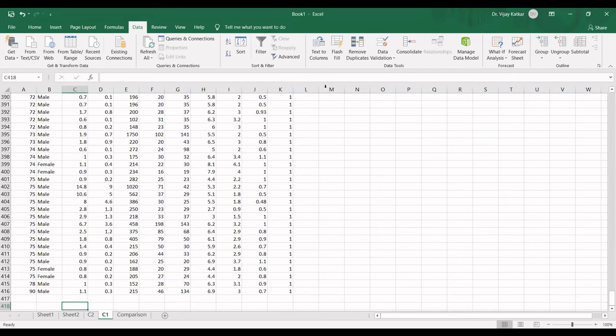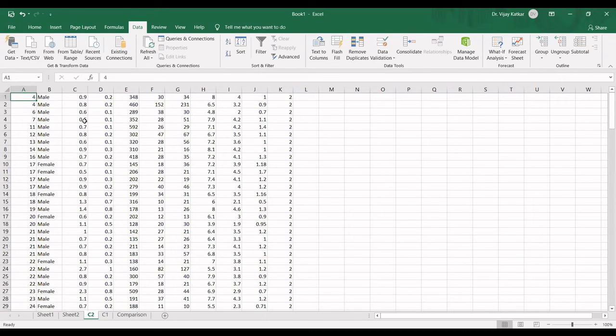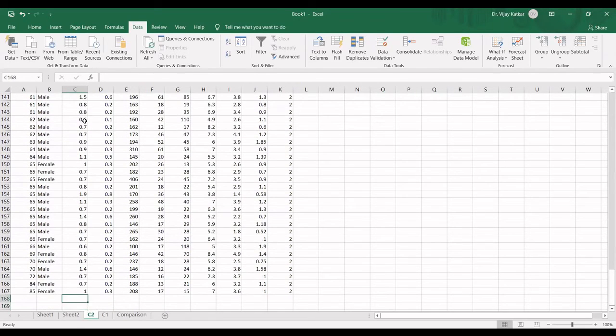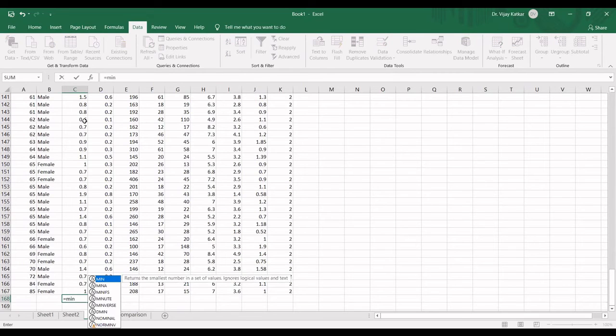Now let us move to the more important part. Let's say in class two, for this column C, I'm calculating the minimum value from C1 to C167, then the maximum value again for C1 to C167.